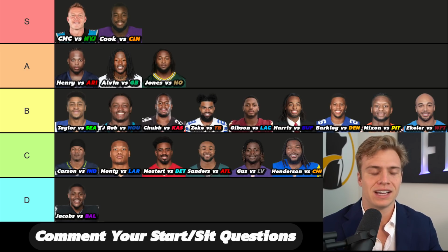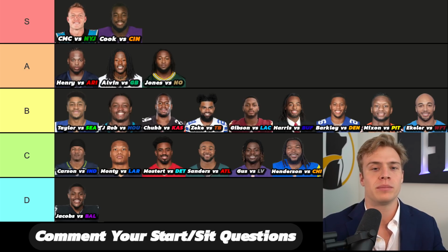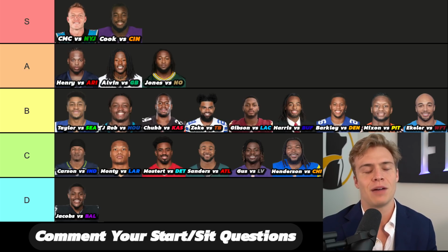Now let's go to our next tier, and let's start this one off with a running back that I have drafted everywhere. I was telling y'all to draft him ahead of other running backs that we've ranked higher. This is going to be Josh Jacobs. And while, yes, I was telling you to draft him over Henderson, over Gus Edwards, over Raheem Mostert, just with a Josh Jacobs, we can't get that excited about the matchup against a Baltimore,